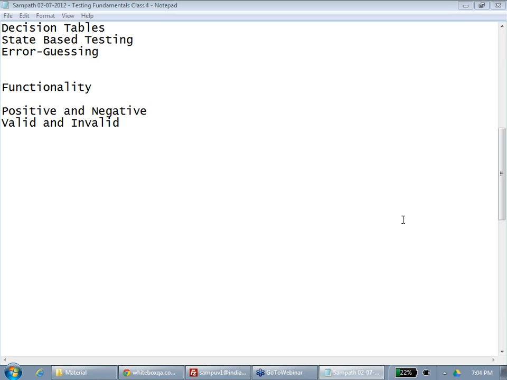Yes, if they are not registered and they try to log in. Very good. Next. If the email address is not valid and they try to log in. Next. If the password is not right and they try to log in. Very good, three invalid cases. Next. If they don't enter something and click login, it should give an error. So see, the number of invalid cases will be more than the number of valid cases. Agreed? So that is why negative testing takes more time than positive testing. Okay? Very good.